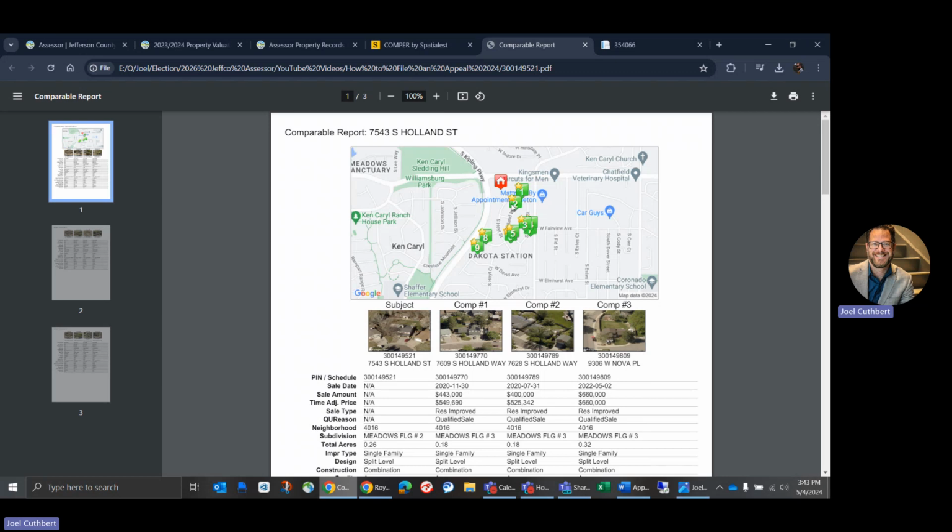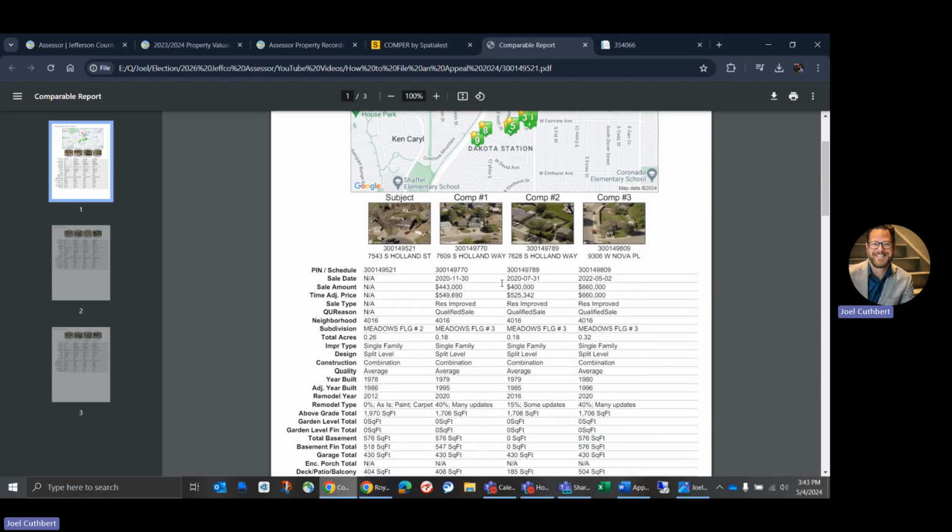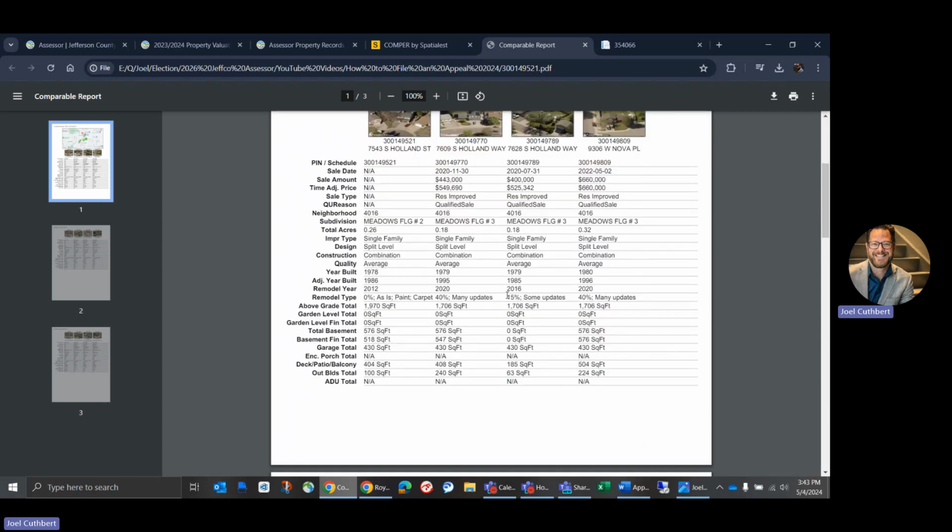It'll show a map of my home and the 9 comps that we selected, as well as all the pertinent information. Out of all the 9 sales, they have a range of about $544,000 to $660,000 without adjustments. Once we have our comparable information, let's go back to the